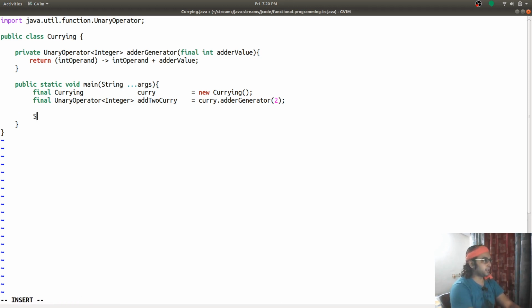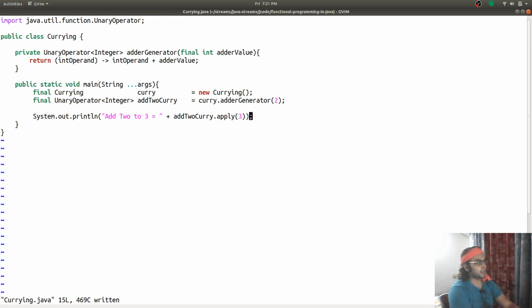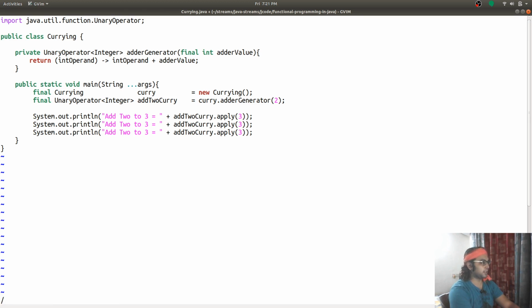This can be demonstrated by System.out.println: add 2 to 3 equals add 2 curry dot apply 3. I have called it on the integer value 3, and it should give me 5.